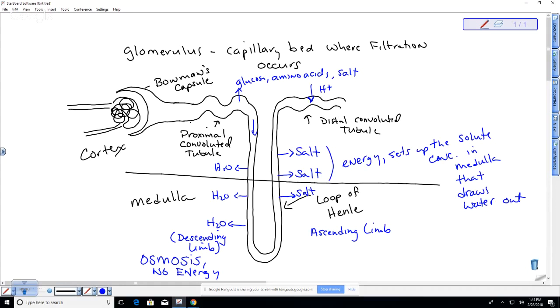So would you think a beaver or a desert rodent would have a longer loop of Henle? Which one? Desert rodents, right? Because the longer the loop of Henle, the more water is going to be reabsorbed across the surface, okay? So if we look at a diagram that shows this,